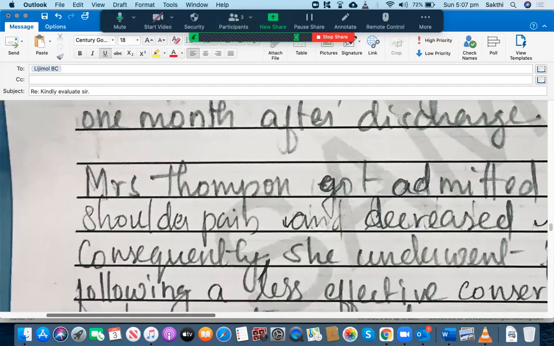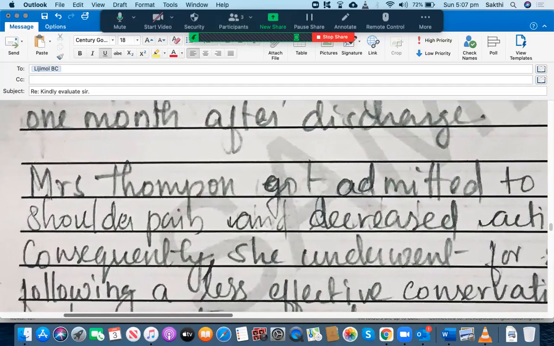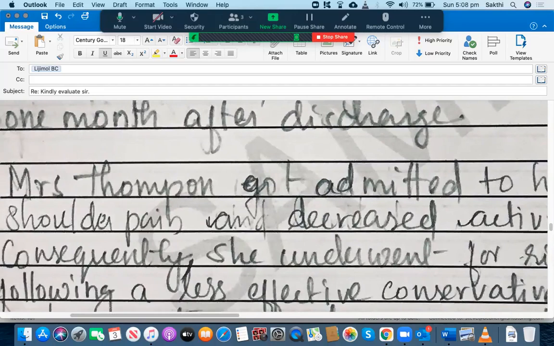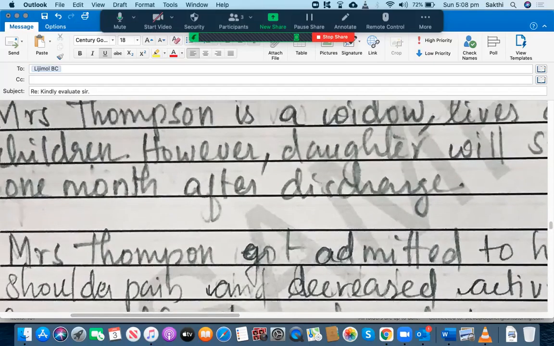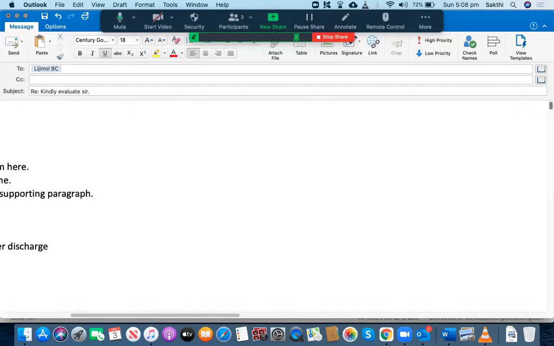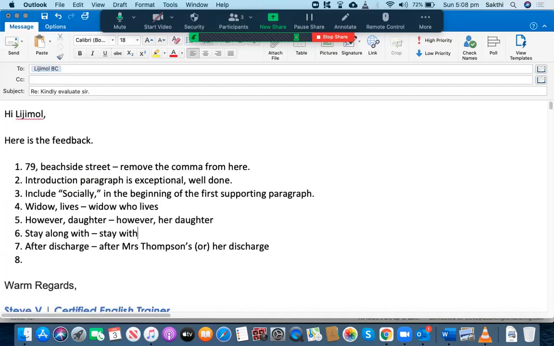So here, Mrs. Thompson. Okay, don't use this small t. It sounds like small t, right? Can you see this here? But that's not good because it's not about what you have thought about. It's about what you have written now. So Mrs. Thompson, that's not correct. See this one, when I type it, automatically it changes. Actually, there is capital, but I wrote it very fast.